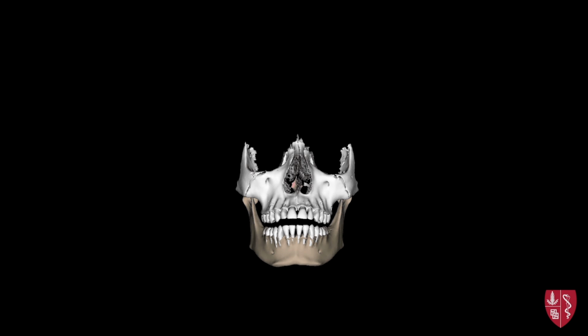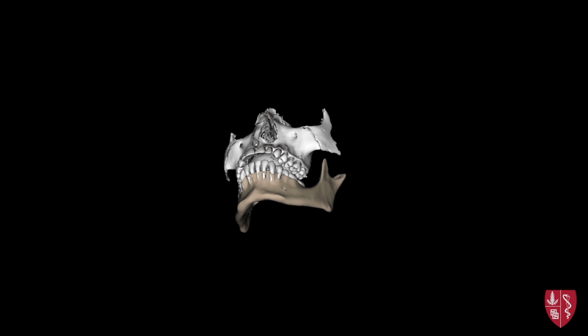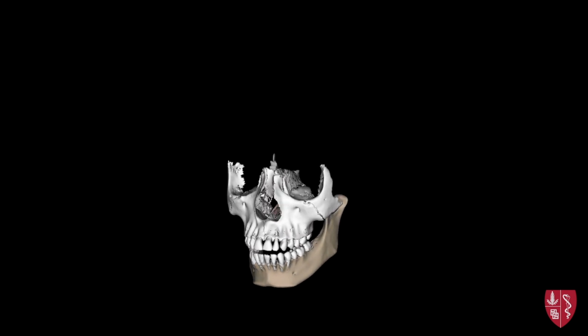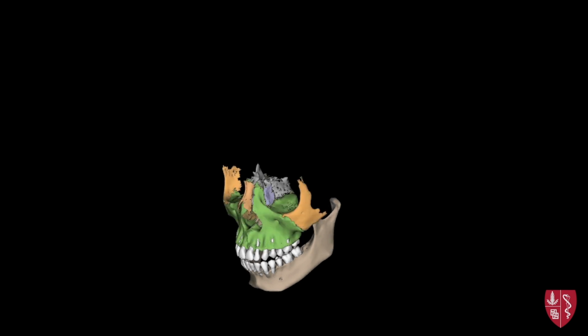The viscerocranium, or facial skeleton, consists of the bones surrounding the orbits, the nasal cavity, and oral cavity, and is made up of 15 irregular bones, 3 of which are single and lie in the midline. The mandible, most inferiorly and commonly referred to as the jaw, the vomer, forming the inferior aspect of the nasal septum, and the ethmoid bone, which helps to form the medial aspect of the orbit,